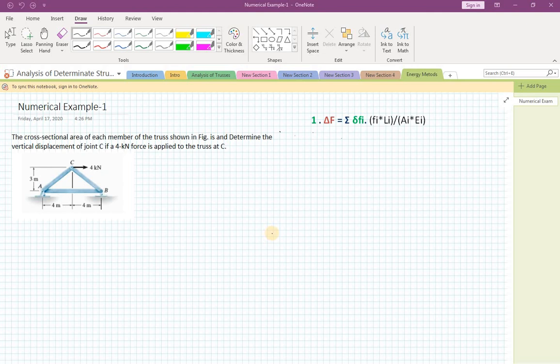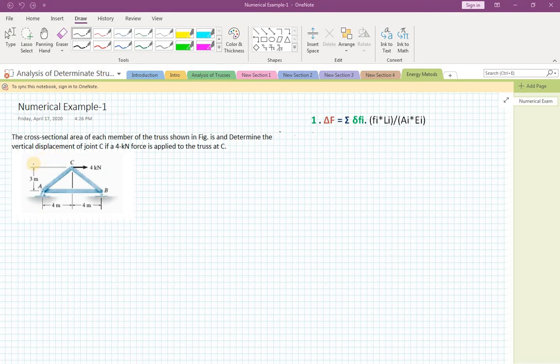In this series of videos we are discussing energy methods and energy principles to find deflection in determinate structures. In the previous videos of this playlist I have already uploaded 5 videos on the concept of energy methods and energy principles. We have briefly seen the virtual work principle and Castigliano's theorem, both for trusses and beam structures. Now we shall apply all those concepts that we have learnt through some numerical examples.